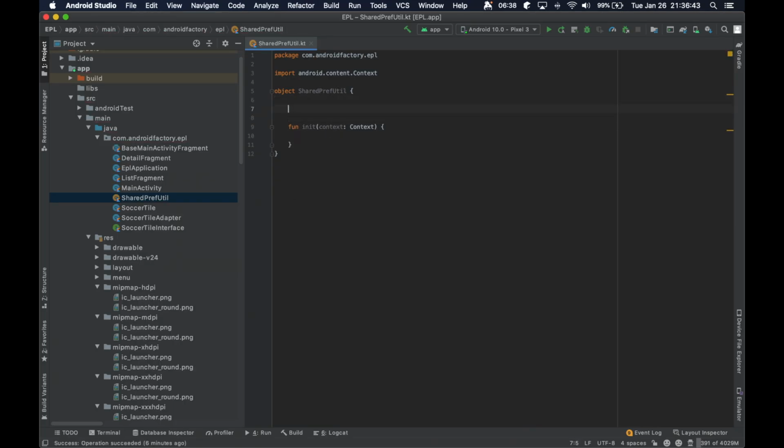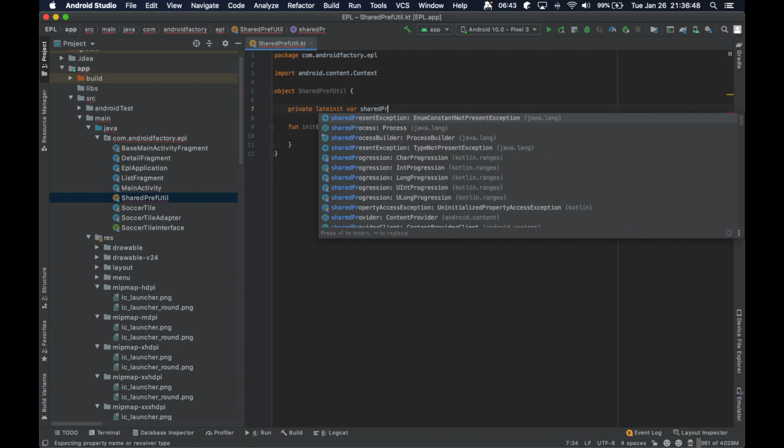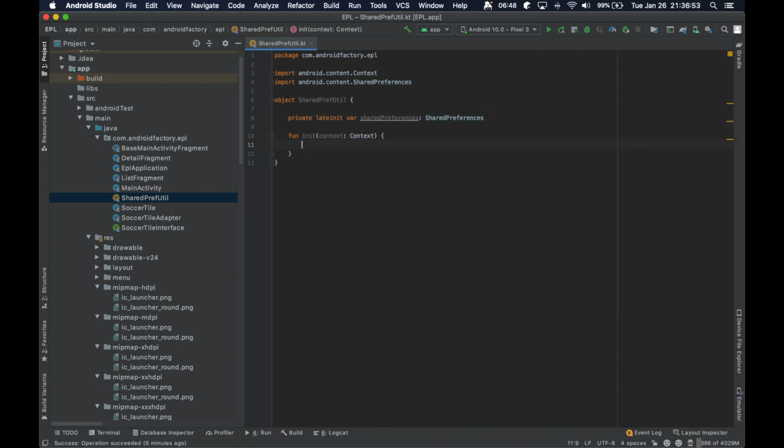We will create our lateinit shared preferences variable, and we will set that equal to not our activity, but our context. We're not going to do getString here, but if we take a look, we're going to need the name of the file and then the mode that we want to be viewing it in. So we will leave context mode private, and then we will just say